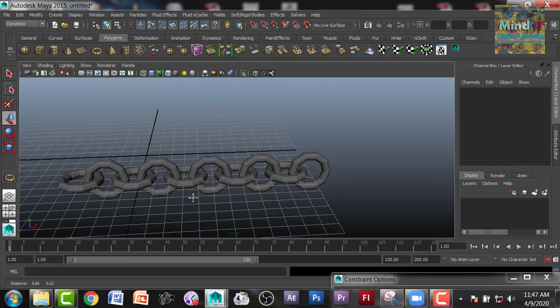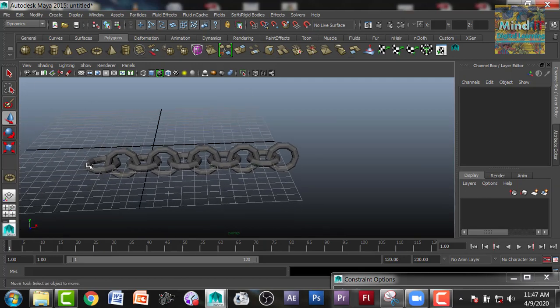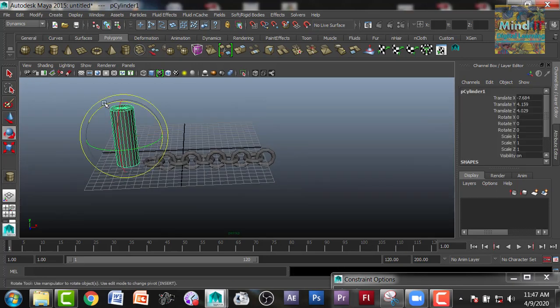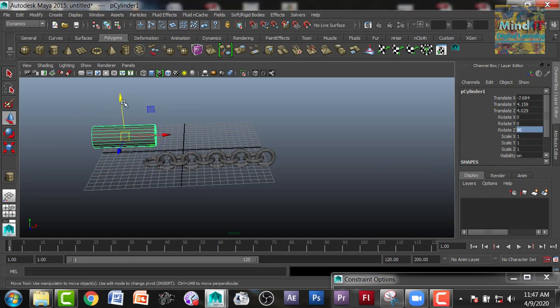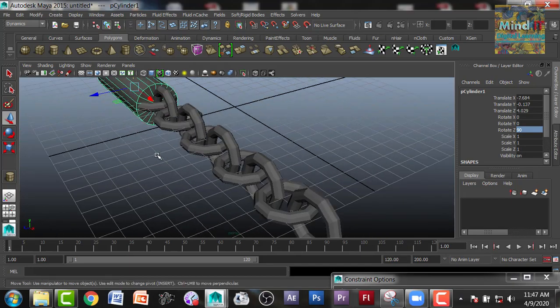I am going to attach a handle with this chain. So to make the handle, I will make a cylinder. Okay, rotate it 90 degrees on the x-axis, on the z-axis, and set it in such a position that it comes in front of the chain. Okay.